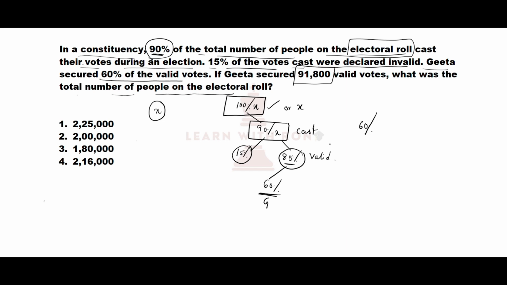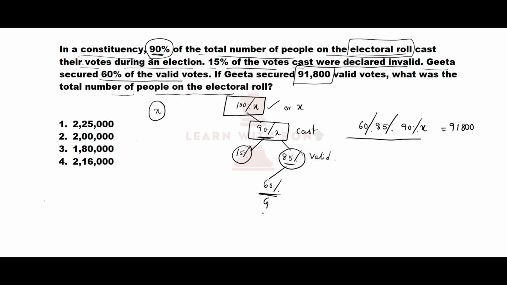60 percentage of valid votes. So these are the valid votes. So 85 percentage, what are valid votes here? 90 percentage who casted, right? So 90 percentage of X. This value they have given as